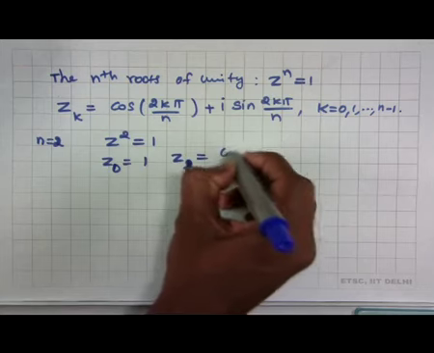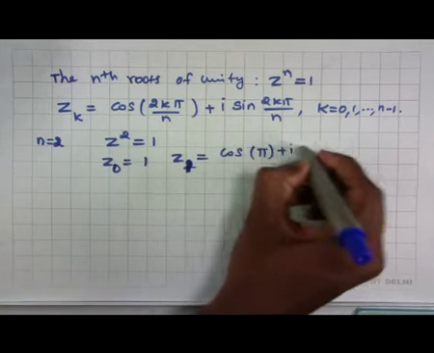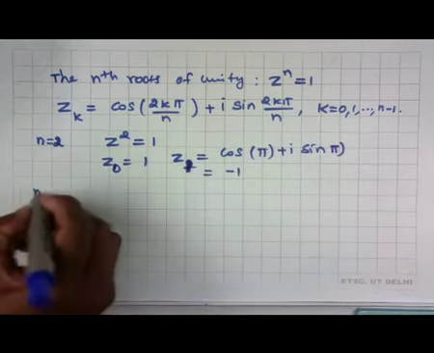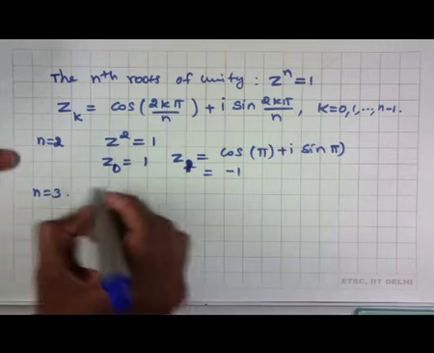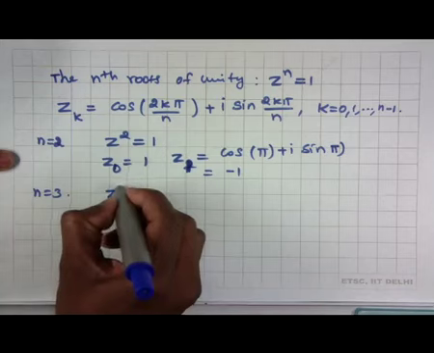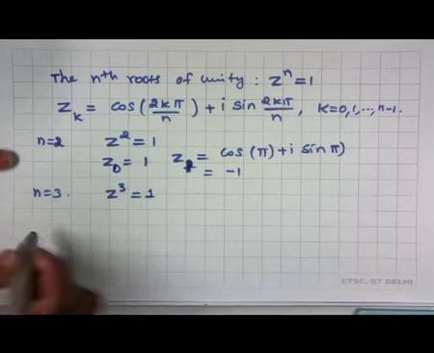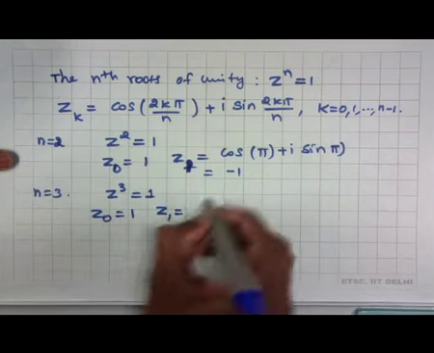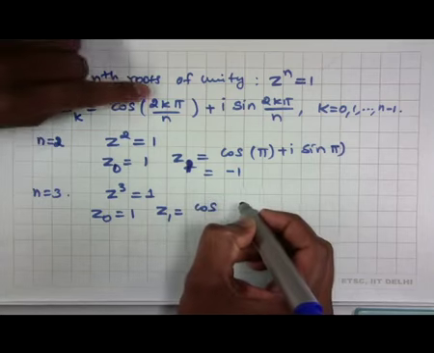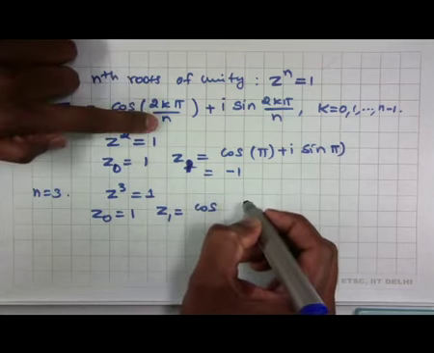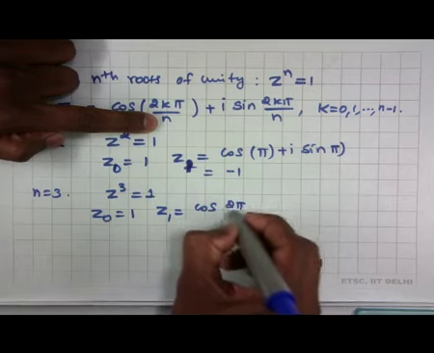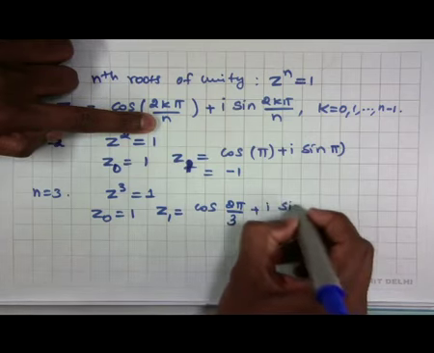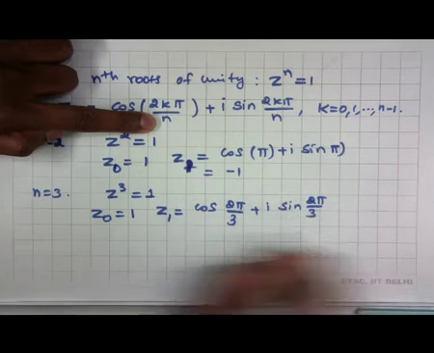So what you see is that this is cos of pi plus I sine pi, we get minus 1. Similarly n equal to 3, we see that for the equation z cube equal to 1, we get z0 as 1, that is common one. Z1 is cos of, k equal to 1, n equal to 3, so 2 pi by 3, which is nothing but the 120 degree, plus I sine 2 pi by 3, and